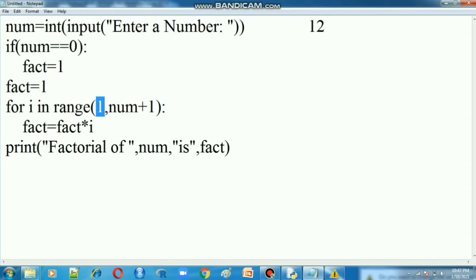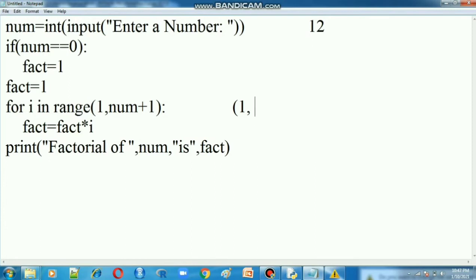Num value is 12, since the input given is 12. 12 plus 1 is 13, so the stop value is 13. In the range function, 13 means one value will be less. Start value 1, stop value num plus 1, that is 13.